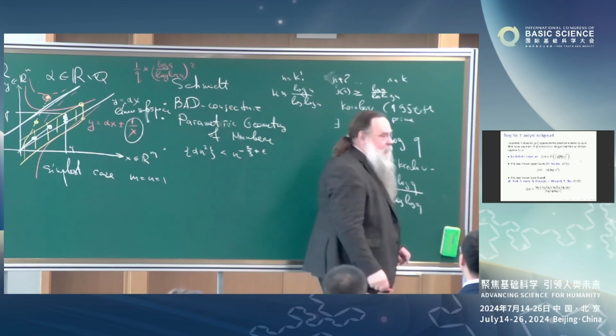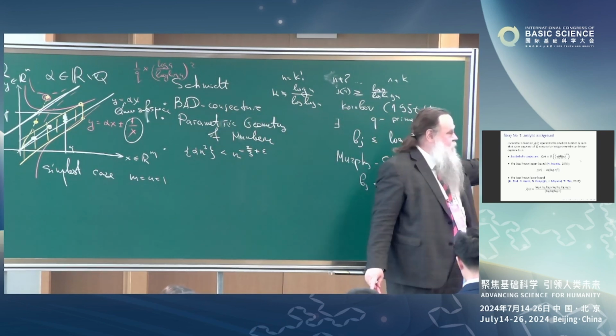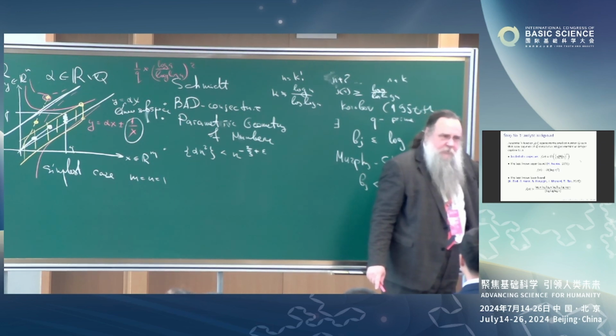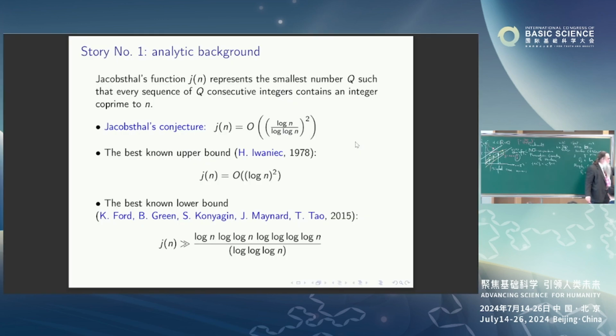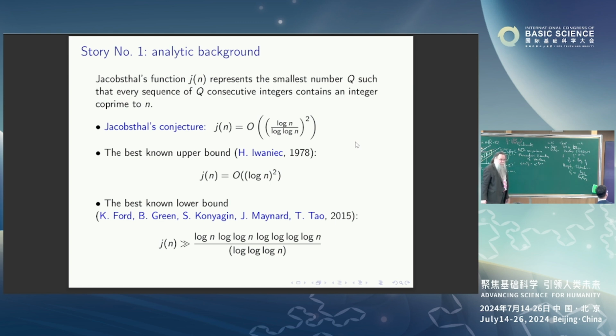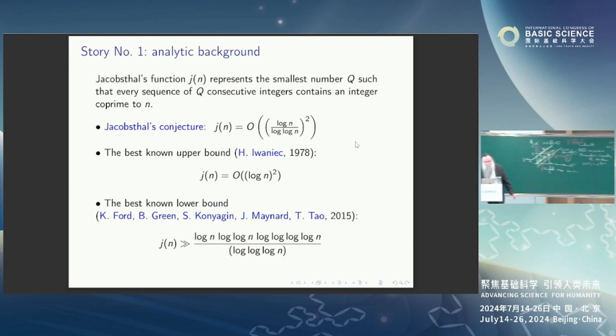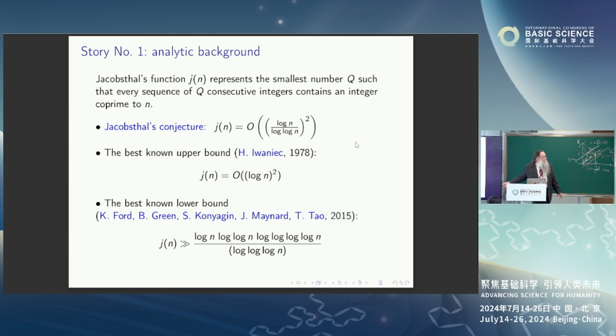in secondary school. But if you ask a question about the exact order of the Jacobsthal function, here is the original conjecture, and we see that it is in some sense far from solution, because the upper bound belongs to Henryk Iwaniec, and it is rather old, and nothing better is known since that time. And a lower bound improvement was done recently, and it is related to a famous breakthrough in the problem of gaps between successive prime numbers. The gap between upper and lower bound here still exists, and probably it is a difficult analytical problem. However, if we deal with my Diophantine problem,